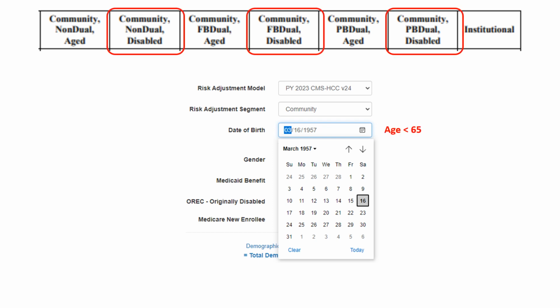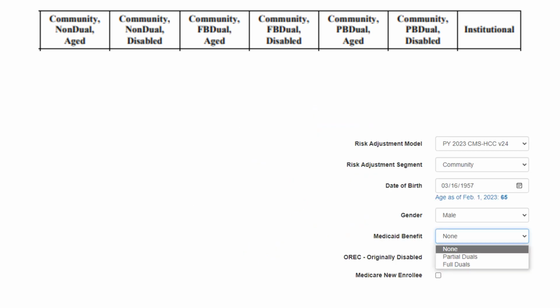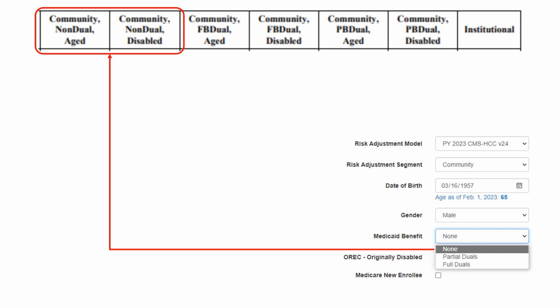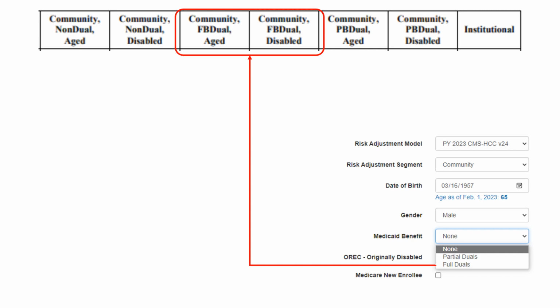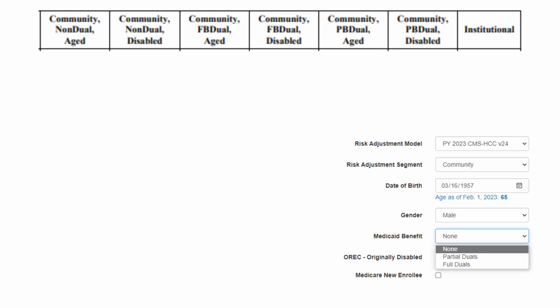The institutional segment is used to calculate risk scores for individuals who are in long-term care institutions, including skilled nursing facilities, SNFs, for 90 days or more. The segment is determined by selecting the segment type, date of birth, aged greater than or equal to 65, disabled less than 65, and Medicaid benefit type. In 2024 version 28, full dual and partial dual aged segments show the biggest decrease in scores compared with the